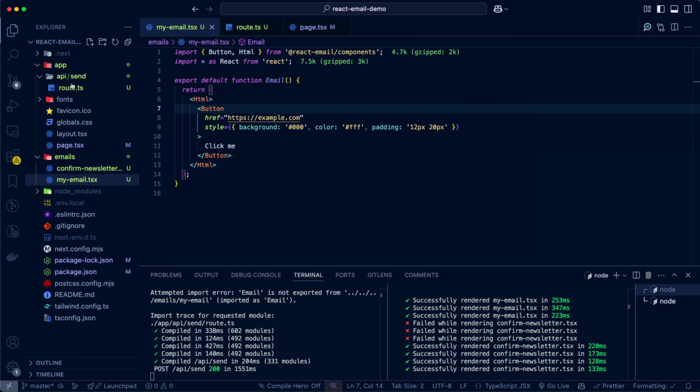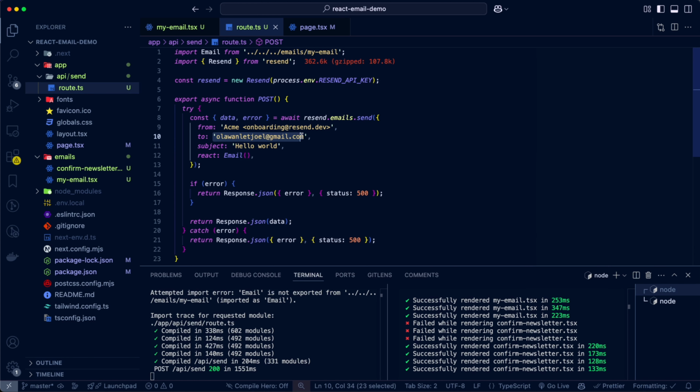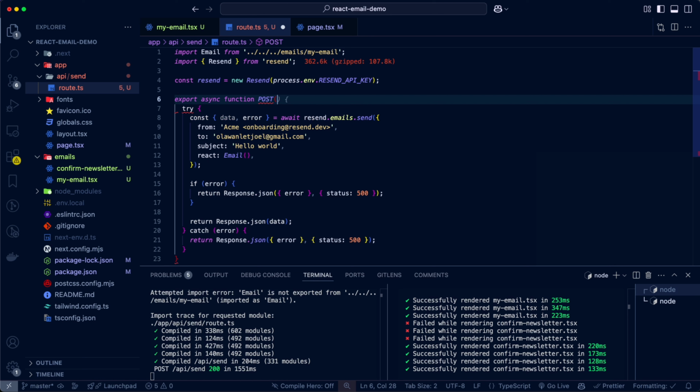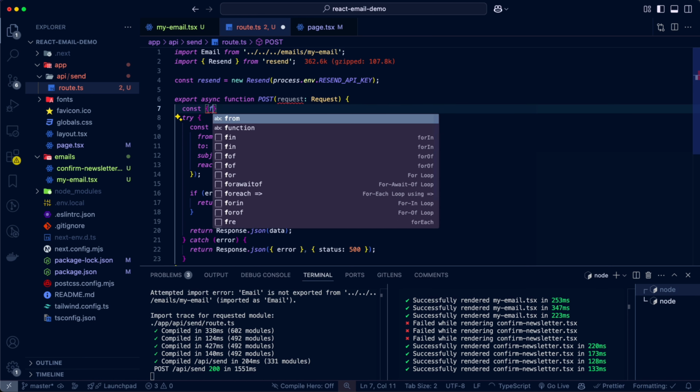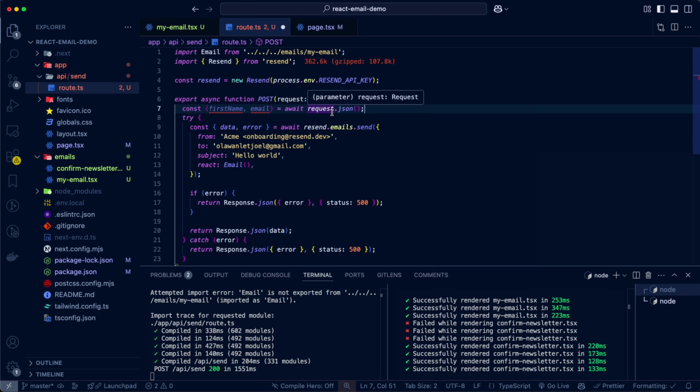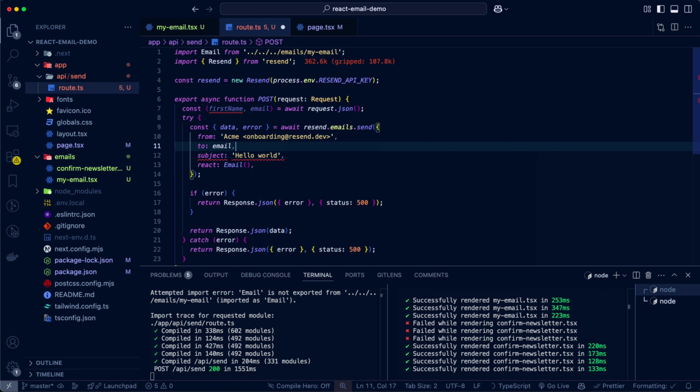We've created a template, then we can go back to the API that we created, and this time around the email is going to be coming from the form. So we can try to get those variables. We are going to make use of request. And since this is TypeScript, we can now destructure and say we're expecting first name and email from request. It's gonna be JSON data, and then the to can now change to the email that we're expecting, and then the first name is now going to be passed. So we're no longer making use of email, we're now making use of